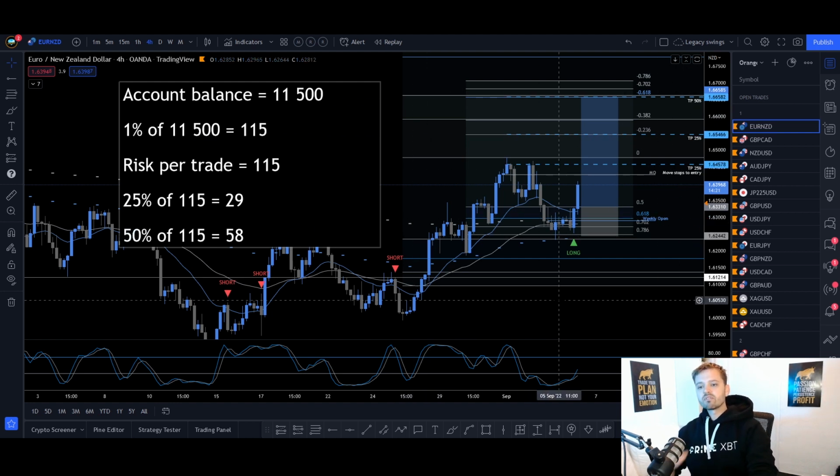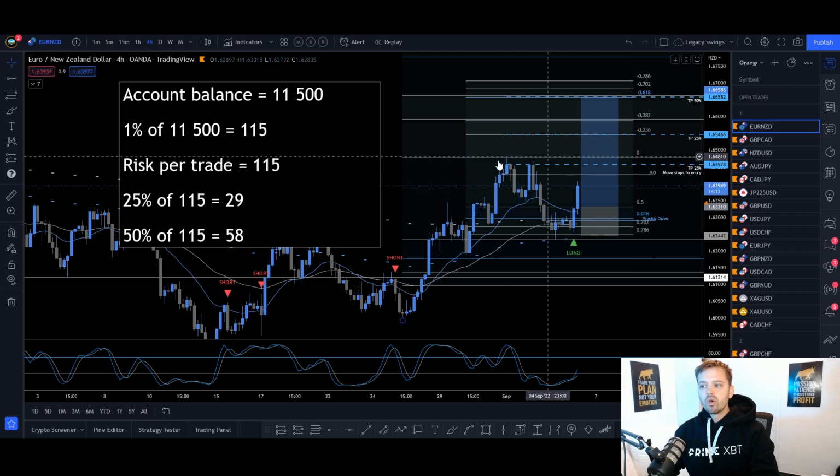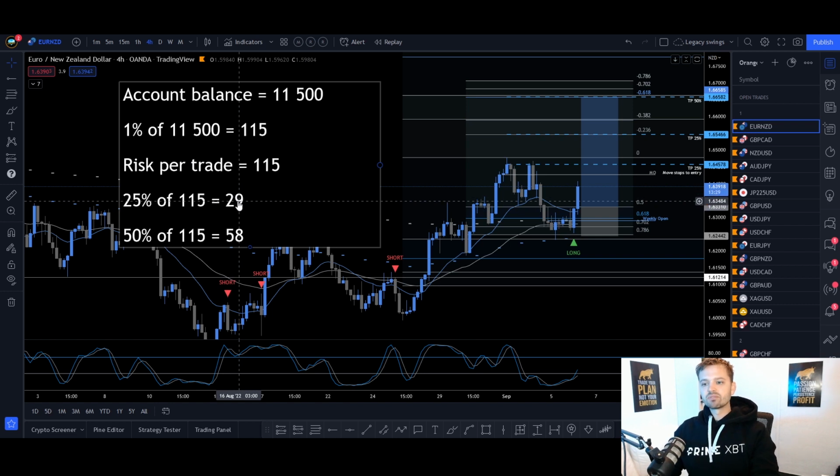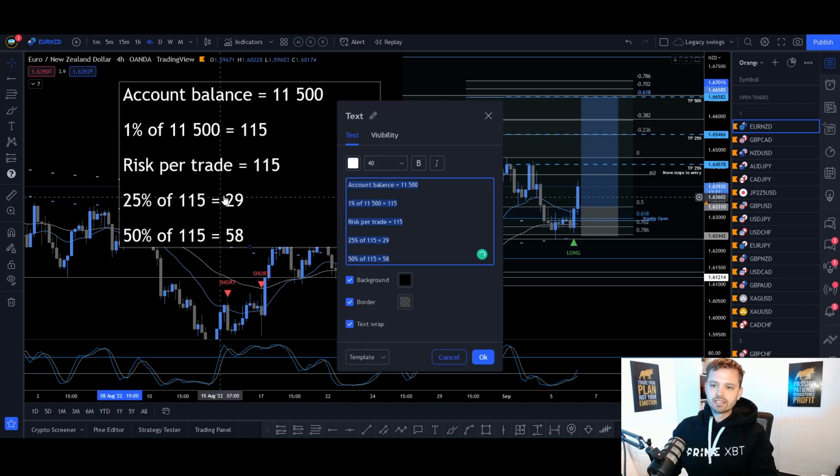Now, because you don't have automatic TPs on PrimeXBT, you have to open 3 separate positions for this trade. One position where you're going to TP at this level, that's going to be 25% of the position. The next TP obviously going to be 25% of the position, and the last TP is going to be 50% of the position. So from doing these super advanced calculations right here, we have gotten the results that TP1